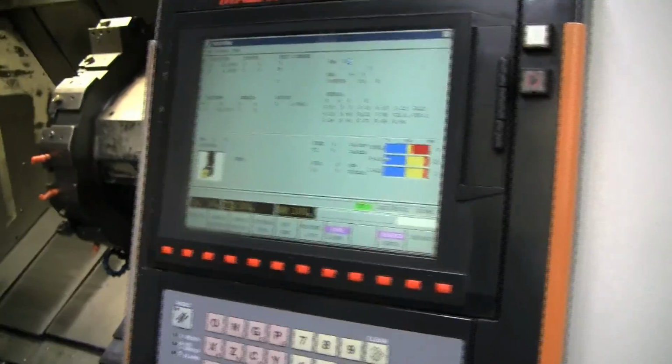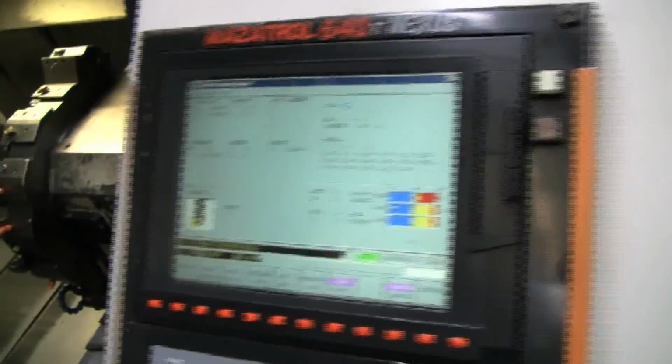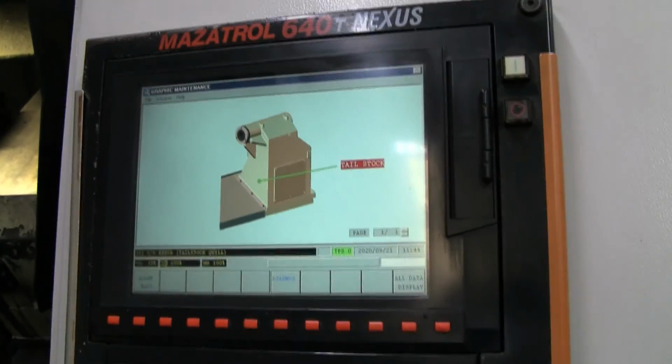So, then, have you run that? I'll watch the control here a little bit. Alright. I'll just rerun that same. Yeah, that'd be fine. Oh, tailstock, not home, so